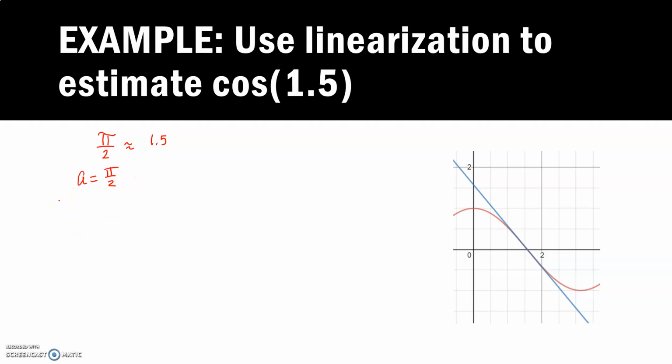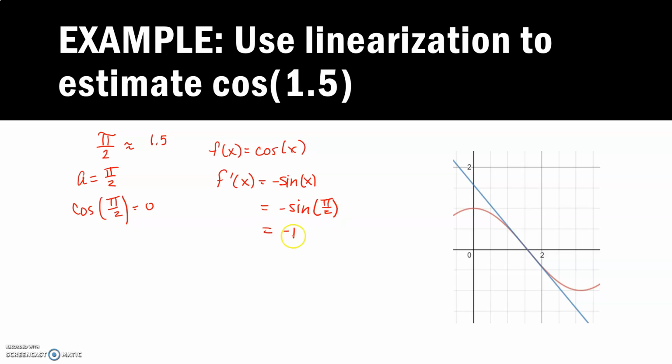Remember, to write a tangent line equation, we need three things. We need an x-coordinate, pi over 2. We need a y-coordinate, and that would be 0. And we need a slope. So our function is cosine. Our derivative is negative sine. And negative sine of pi over 2 is negative 1. So our tangent line equation would be y equals negative 1 times x minus pi over 2